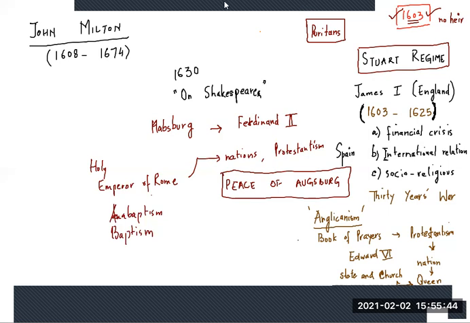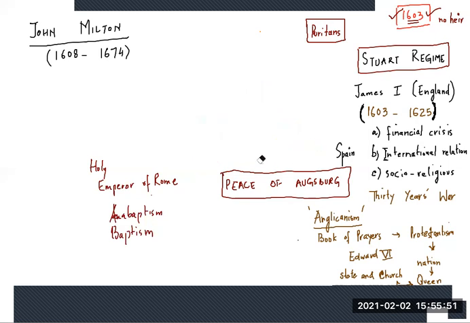Now, the 30 Years' War begins, and it takes a very long time. 30 years is not a very short span of time. And this is not a war between nations, but a war between two religious sects. What's the time period of this war? You have to bear in mind who are the rulers ruling at this period. How long does it continue? When does it begin? It begins in